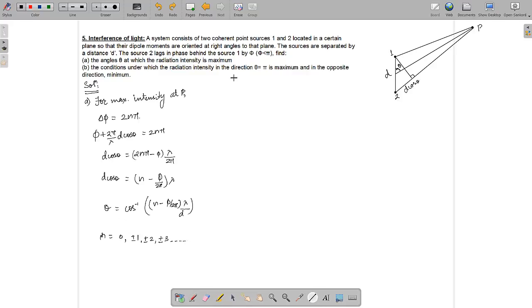Now the next part of the question states that we need to find out the conditions under which, for any angle theta, with theta equal to pi the intensity is maximum, and in the opposite direction, that is theta equal to 0, it is minimum. So